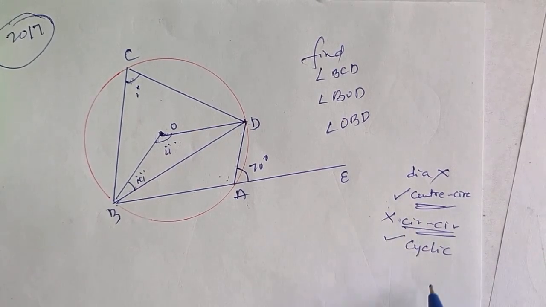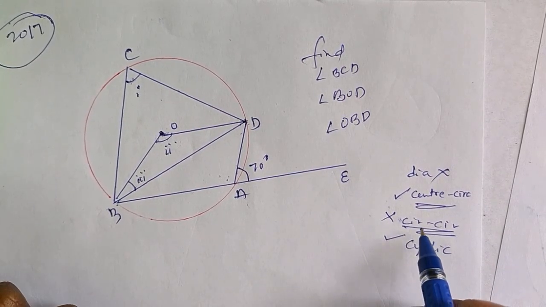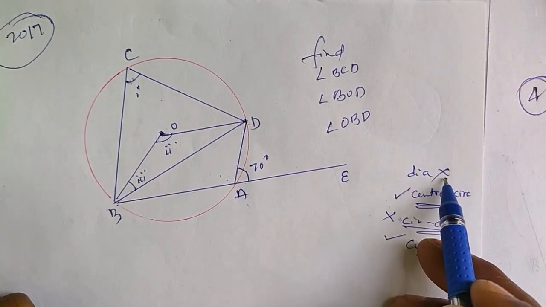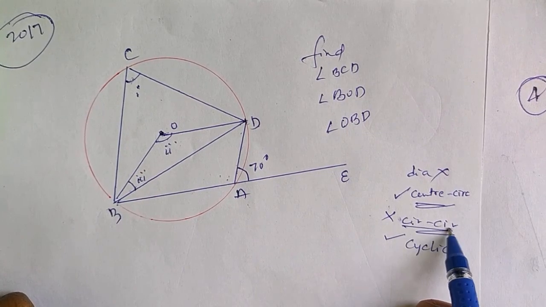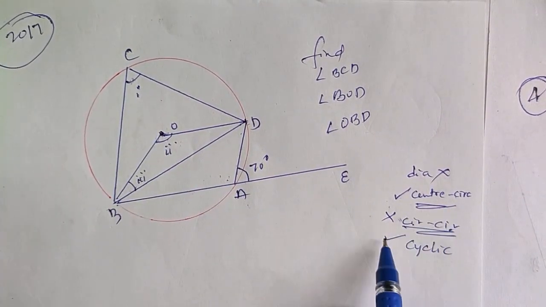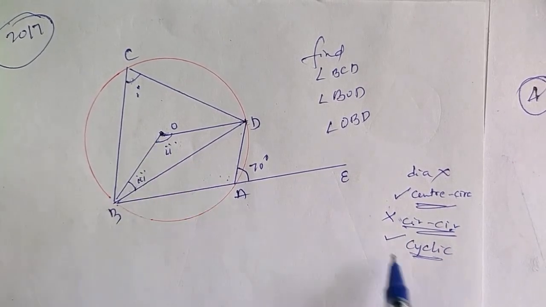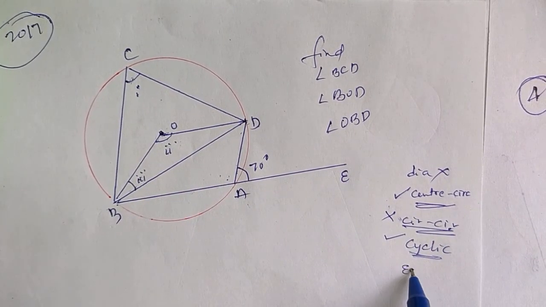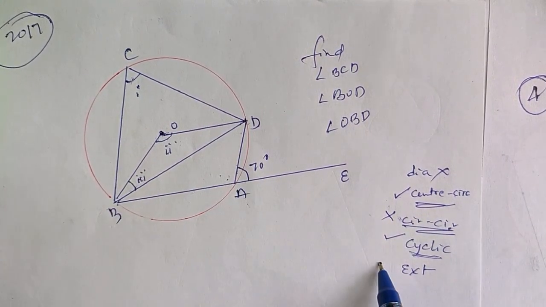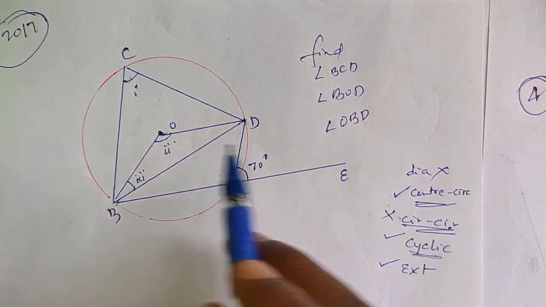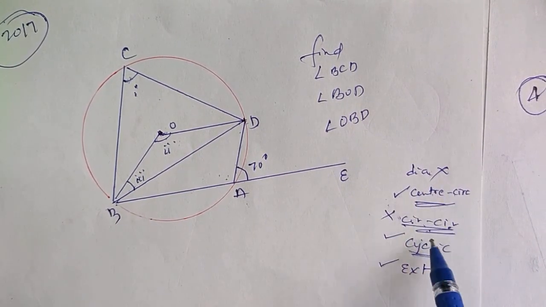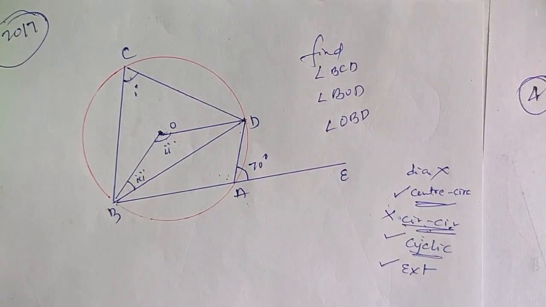See, like this, if you work out which theorems can solve this problem, you can make it easy. Look, diameter theorem dropped out. Circumference dropped out. Center and circumference I can use, but temporarily pending. Cyclic quadrilateral I can use, that is also pending. Last one is exterior angle theorem. Yes, look here, exterior angle is given, I can use. So this problem is solved from 3 theorems. 2 theorems are dropped out. From 3 theorems I'll finish this problem.